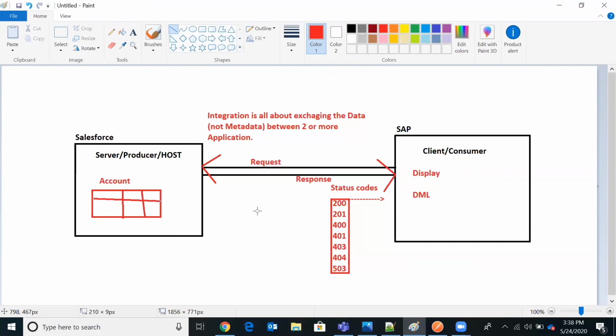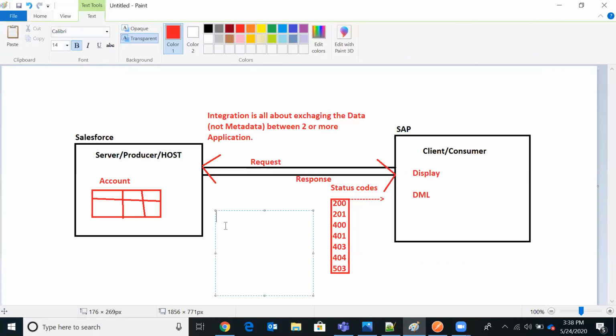If this is my requirement, then the first thing I have to do is, it's a two-step process. Step one is I have to think about authentication, and the response for the first step, once we have done successful authentication, is an access token, also called a session ID.